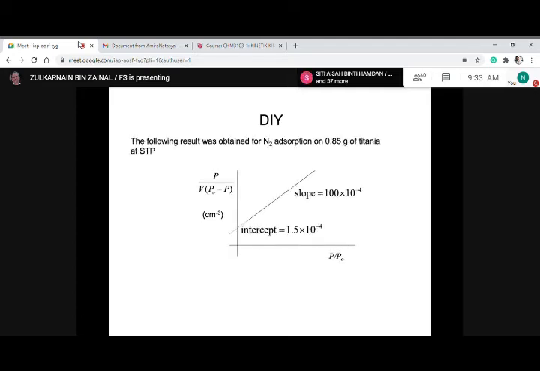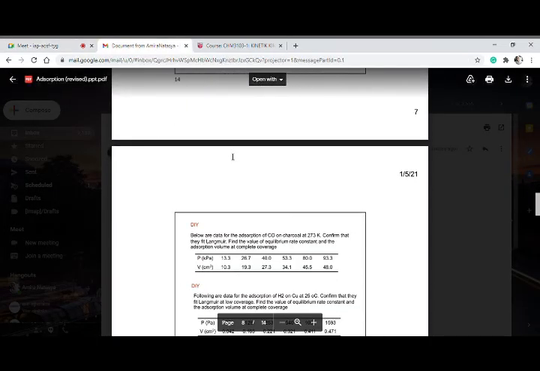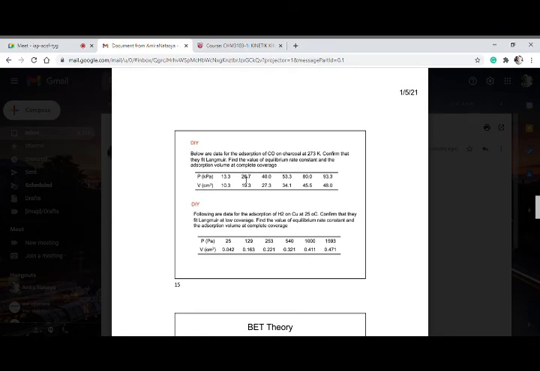Alright. So this is another DIY. So I've given you 2 DIY. The previous one was 1. I can say this is DIY how many? That's already a number of DIY already, right? So probably I label this as